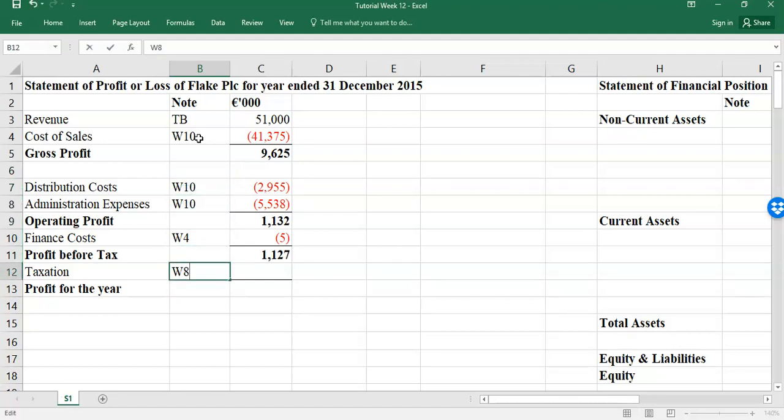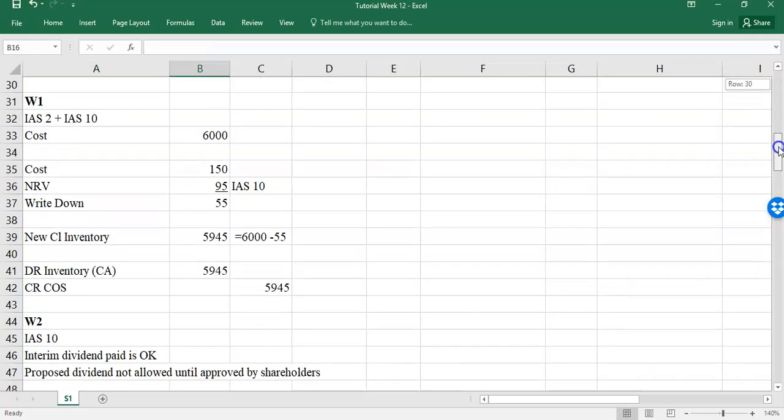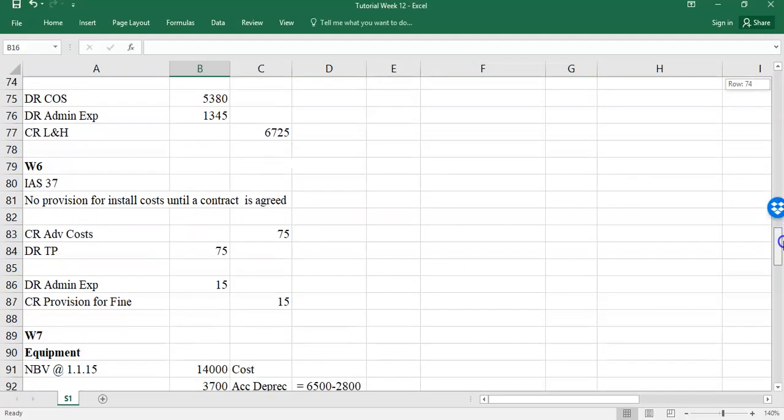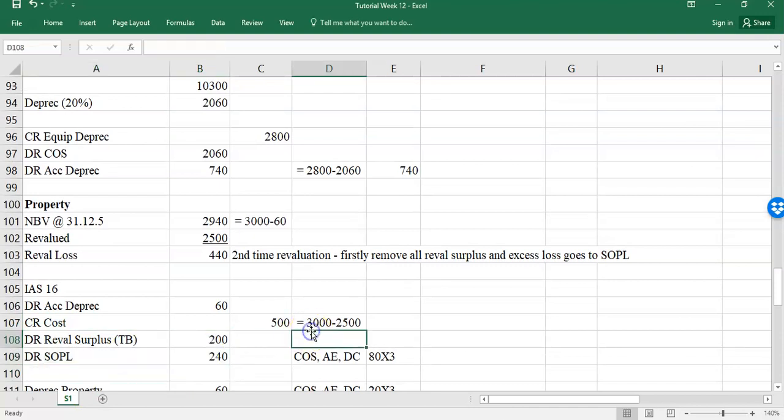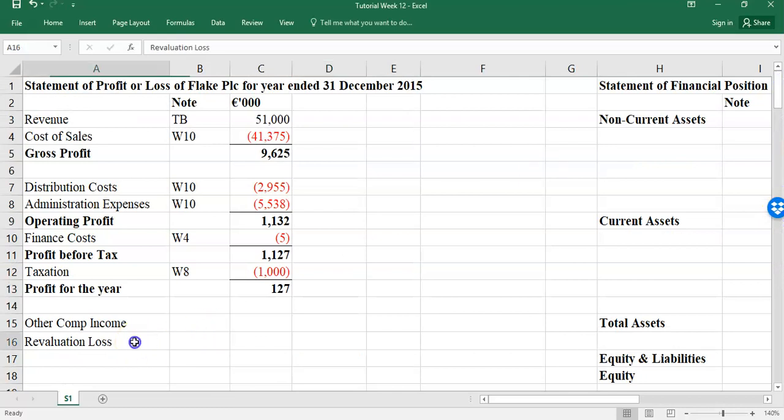And that's working 8. And that is minus $1 million. So your profit is 127. And of course, hopefully you don't forget, we had other comprehensive income. Revaluation loss, because remember, if you make a reval loss, it goes through the OCI as well. We debit a reval reserve in working 7, this reval surplus, but that also goes to OCI. You have to show the movement. It's a loss of 200. So reval loss, working 7,